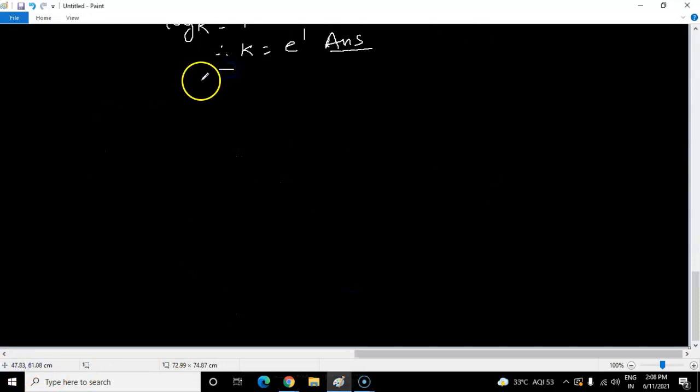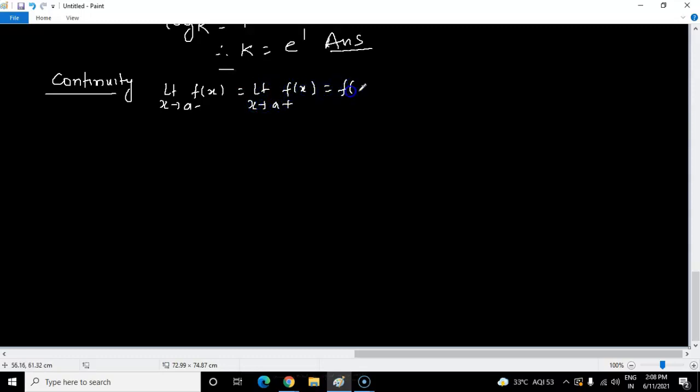So now this chapter is finished. Now we are going to do continuity and differentiability, which I have already discussed before. For continuity, the limit as x tends to a from the left of f of x, the limit as x tends to a from the right of f of x, and f of a, if all three are the same, then f is said to be continuous. If not the same, then it is discontinuous. If the left and right limits are the same and finite but not equal to f of a, that is called discontinuity of the first kind.